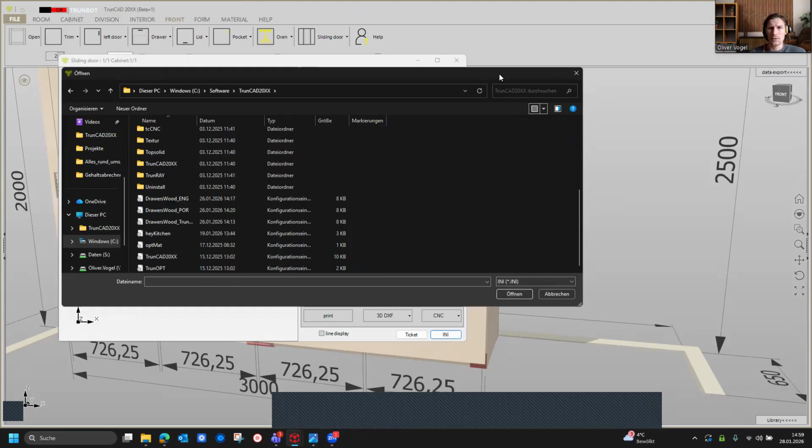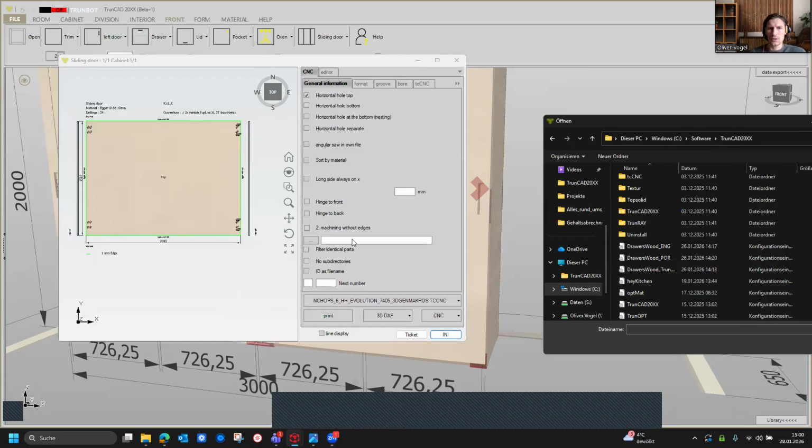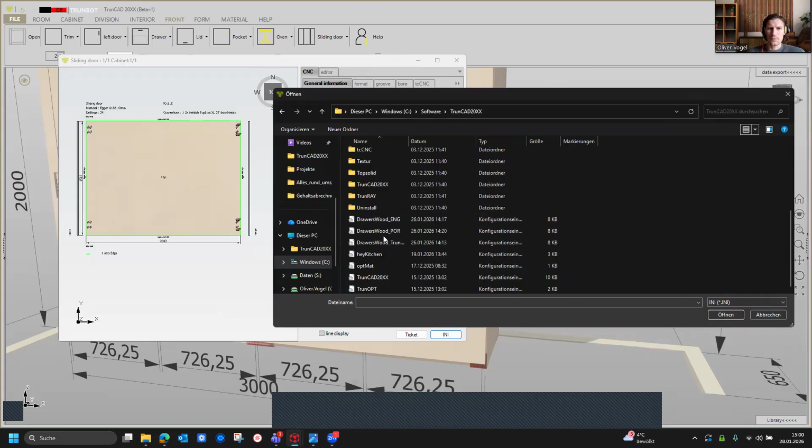So what you see here, the CNC setup is also linked with a layout. It's saved in here in the ini file, and here you can select a different TrunCAD ini file